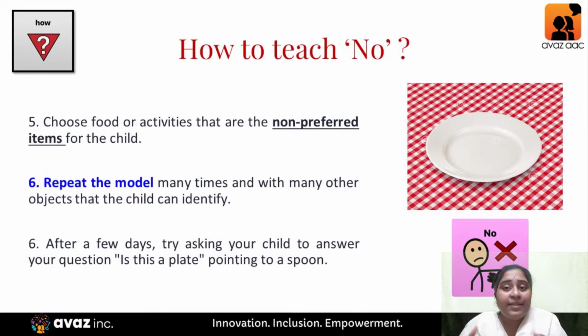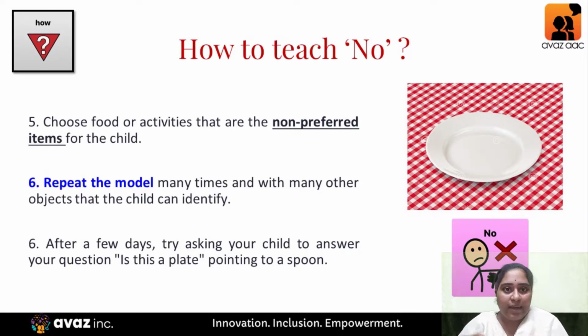You can repeat the model many times with many other objects that the child can identify. While you're teaching yes, choose preferred items for the child, and while teaching no, choose non-preferred items or objects for the child. After a few days, to check if the child has understood the concept, you can point